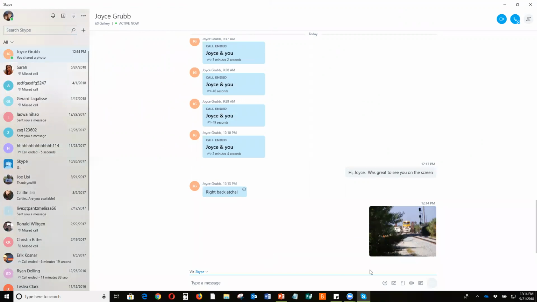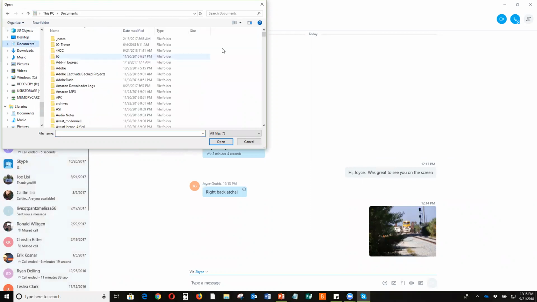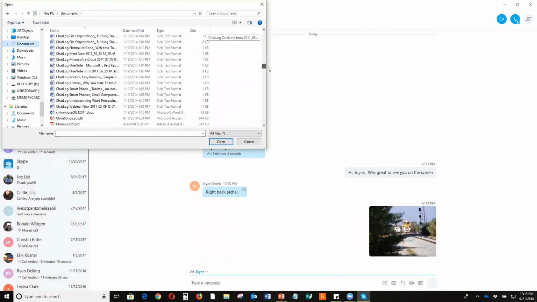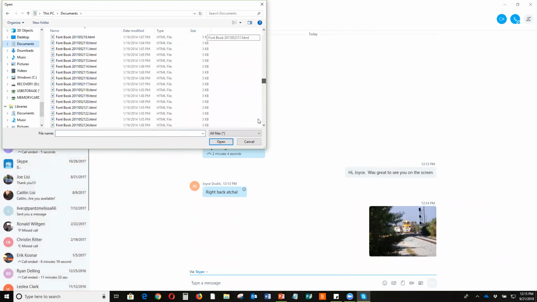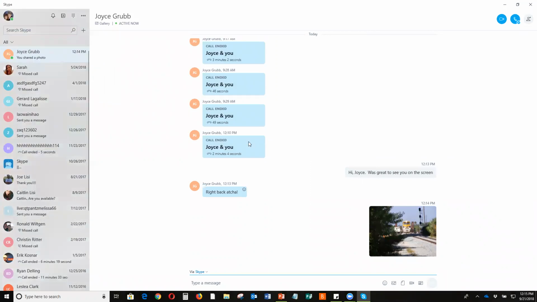And then back down to the bottom again, beside the pictures, I could send a document or send a file. So I can click send a file, and once again, it comes up and I could go to my documents and pick out a file and send her a file if I wanted to. Can't send a whole folder, but I could send a file. So I'm not going to at this point, but I would just pick one out and send her the file. And the same thing would happen. It would go through Skype. And again, because we're doing Skype to Skype, it hasn't cost me anything to do that.